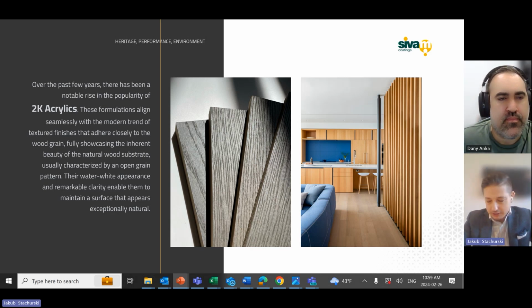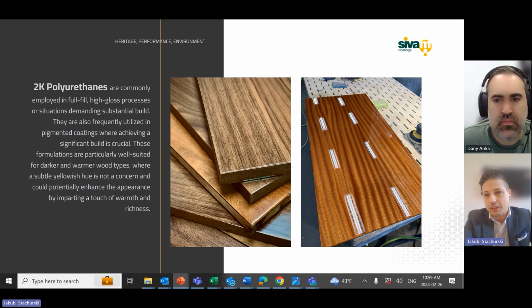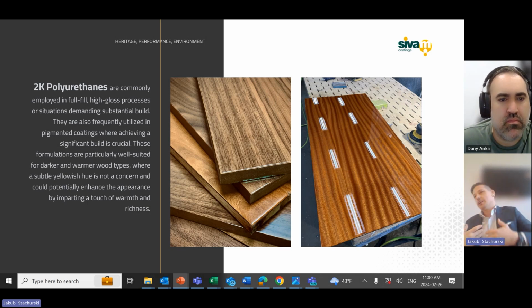The contemporary trends you'll see like whitewash stains on European or white oak. I call it high texture, low sheen type of finishes. They're also more flexible, and also, when we go back to polyurethanes, if you're putting it on instruments or if you're putting it on antique furniture or something more of a traditional design or something that has an exotic wood, the polyurethanes typically will bring out that warmth and richness